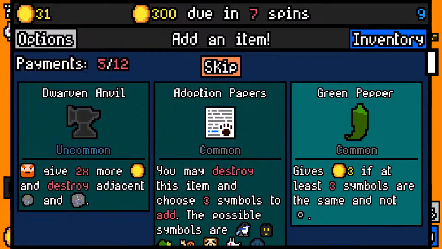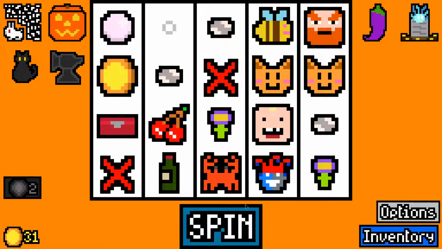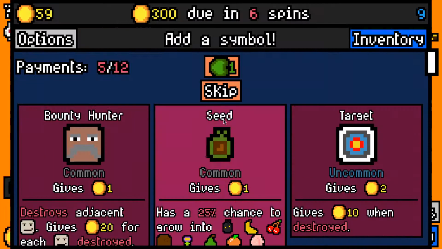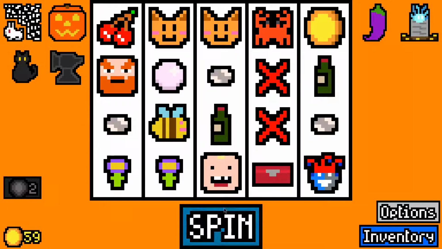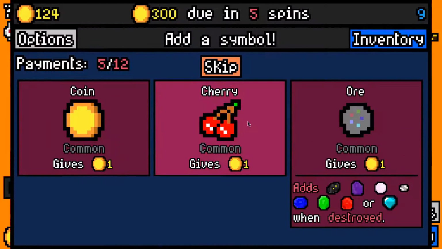Let's take a wine for the dwarf, is pretty good. And let's take, do we want any of these? Not particularly. I'll take dwarf and anvil instead. Just gives us instant money with the wine. Let's re-roll this for another wine. That's okay. That should definitely help us make the next rent payment. And we don't want...